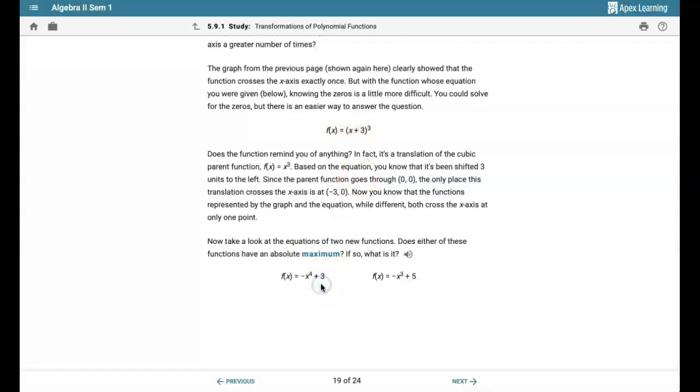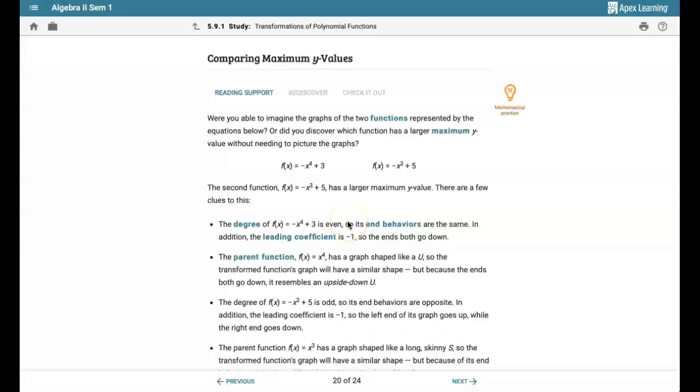But if we look now at our x to the 4th and our x to the 3rd, one of these might have an absolute maximum, right? And this would be the negative x to the 4th, right? The reason is because it's even, which means it's going to have the same end behavior for the left and the right side of the graph, right? And so what we can do here